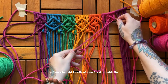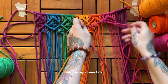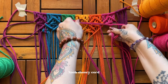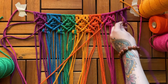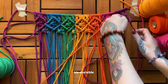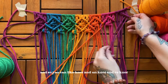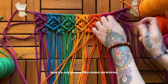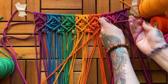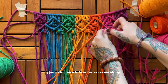What should I talk about in the middle when I don't have instructions to give? Maybe my materials. So here I'm using Knot Theory cord. It's good. It's really beginner friendly. It's durable, and so you can knot and unknot and re-knot, and it's not going to come unwoven. But sustainability wise, sustainability is something that I've recently gotten more into as far as